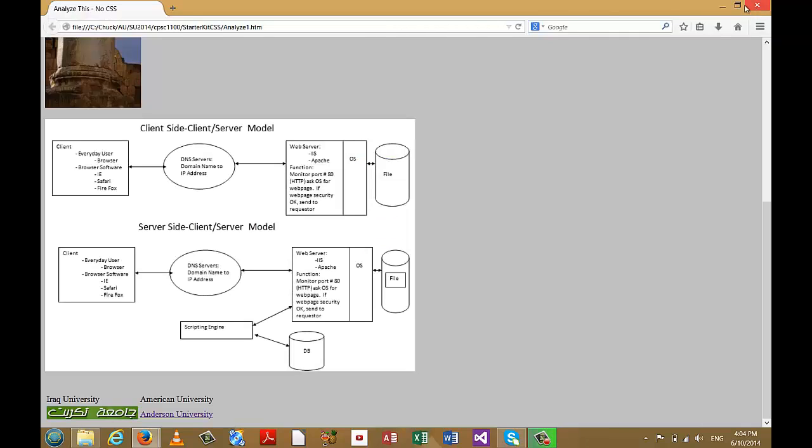Okay, so the client makes a request either by entering a URL into the address line or clicking on a web page that's currently being viewed that contains a hyperlink with that URL. If it's an external link, the user may click on it, and that also directs the transmission